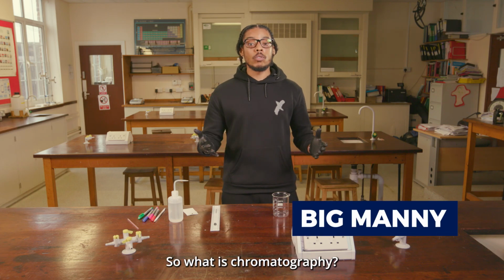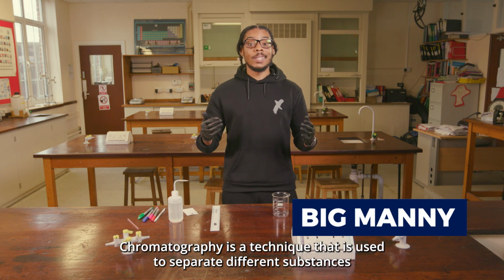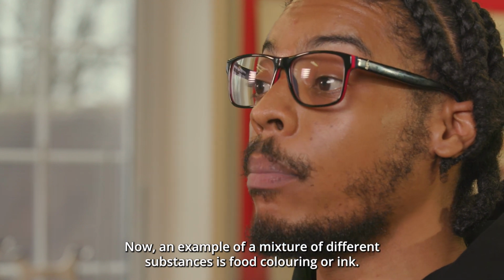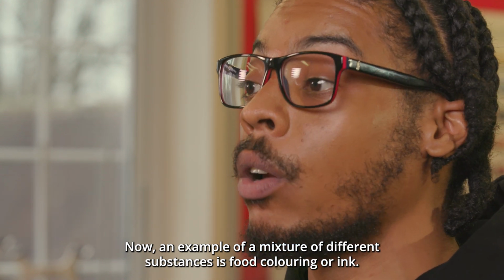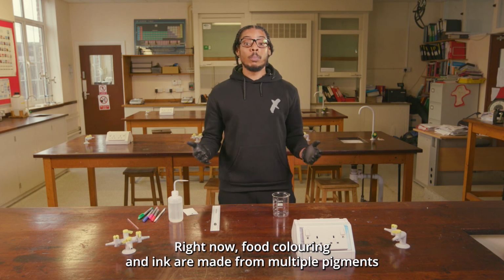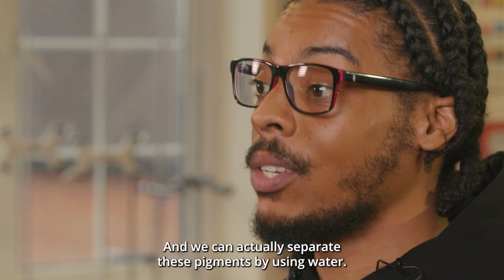Alright, cool. So what is chromatography? Chromatography is a technique that is used to separate different substances within a mixture. Now, an example of a mixture of different substances is food colouring or ink. Right, now food colouring and ink are made from multiple pigments of different colours, and we can actually separate these